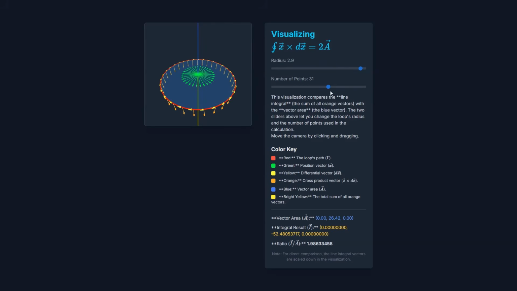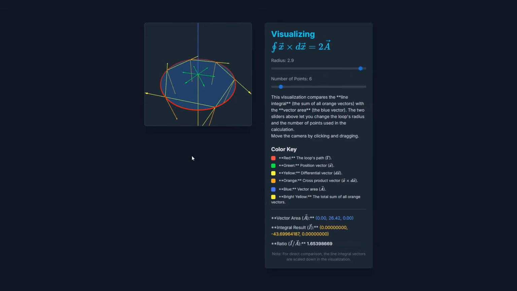And finally, we proved this works numerically. In a demo, we built a smooth loop out of little straight line segments, and as we added more and more pieces, the result got closer and closer to our theoretical ideal value of 2. A perfect convergence. This analysis really confirms that powerful link between theoretical vector area and what we actually see in